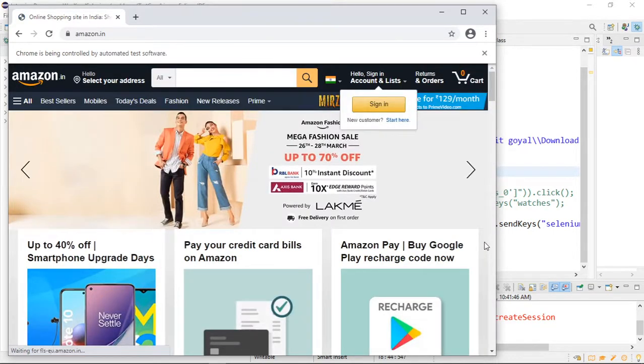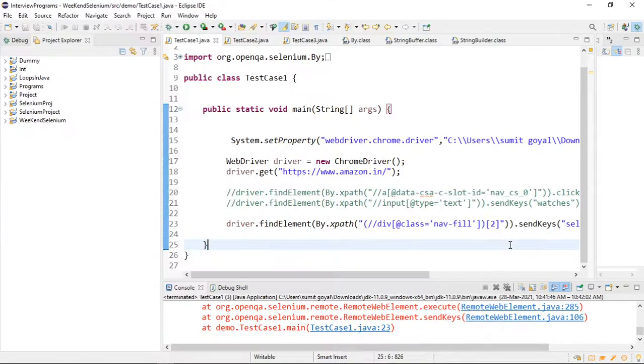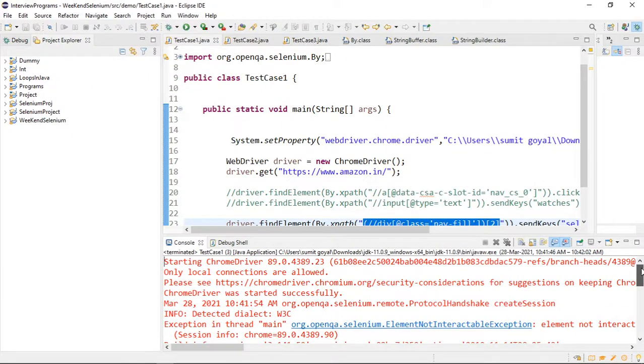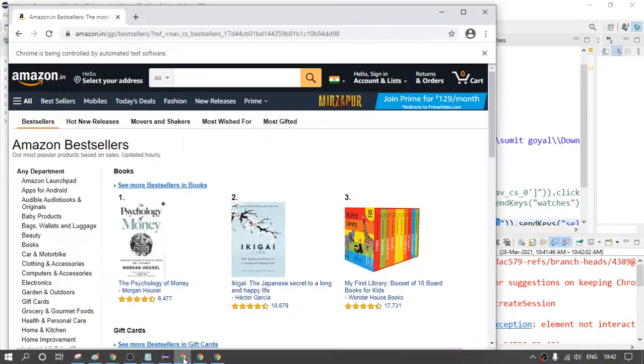it should enter Selenium. Okay, so I think I've written one thing incorrectly, right? So if I try to inspect it, I think it will say what the error is. Let us check, right? So some error came. I think this is it. The reason is